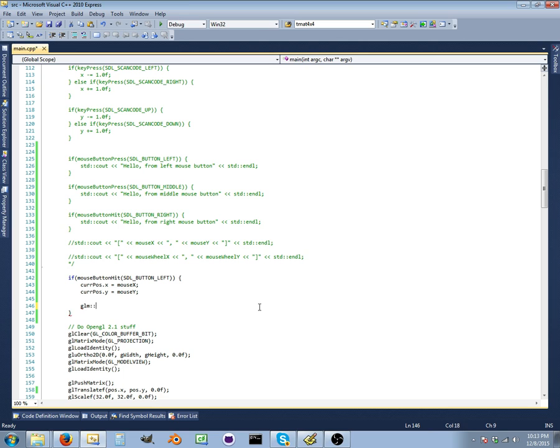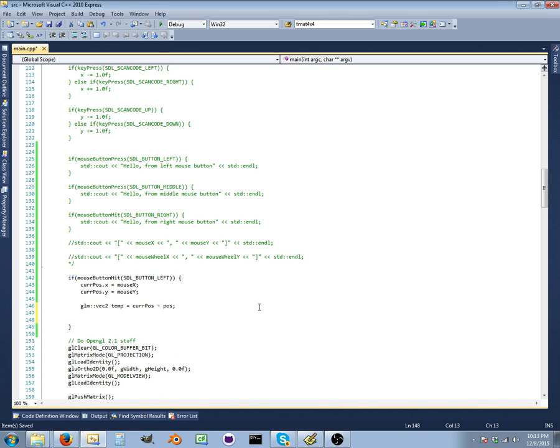And the velocity, we're going to have a simple storage vector for now of temp. This is going to equal, I think, cur pose minus pose, and then velocity is going to equal to glm